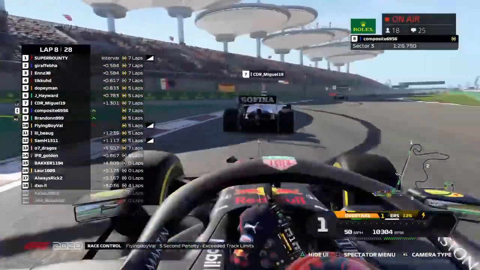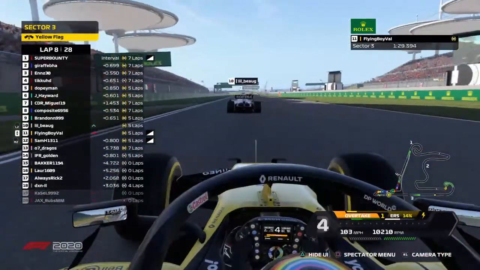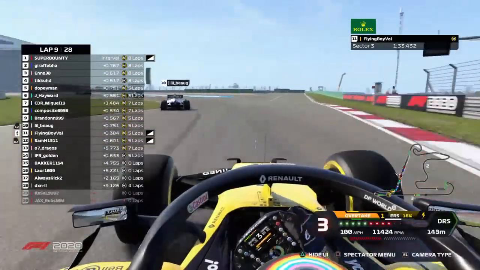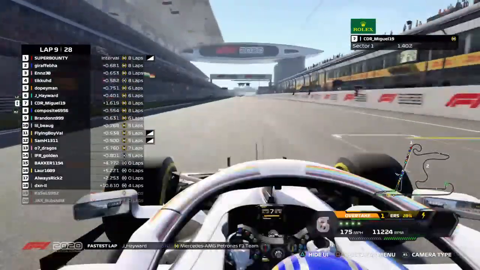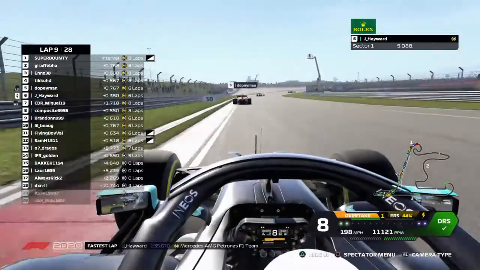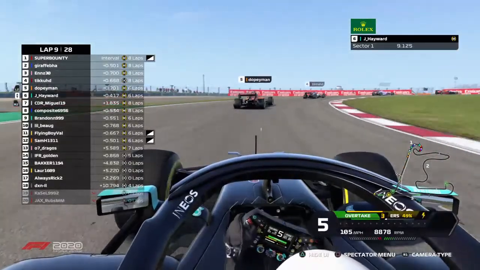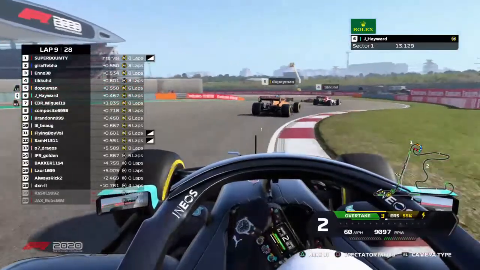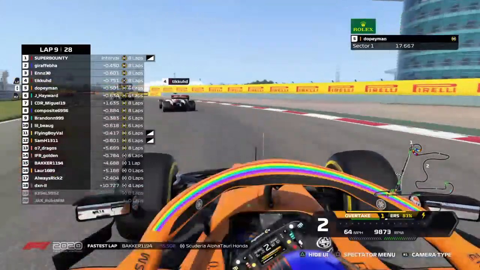Flying Boy Val, he's went off track. He's got a 5-second penalty for exceeding track limits, but a lot of people went through there. I'm unsure if that would be a fair penalty. Not sure what happened, of course, either. So, still got overtake enabled around the turns 1, 2 and 3. I'm sure